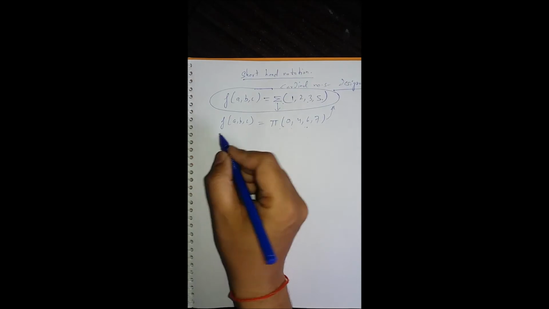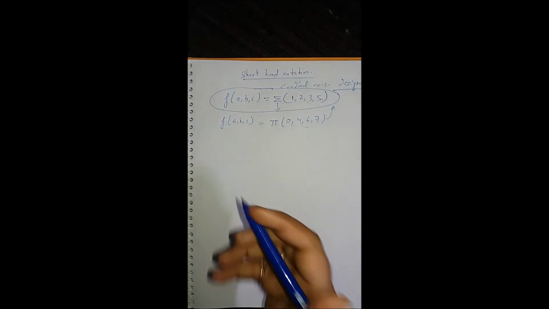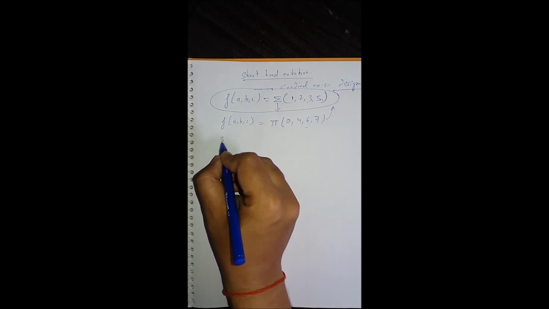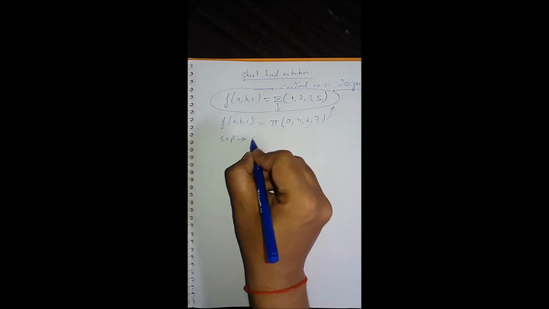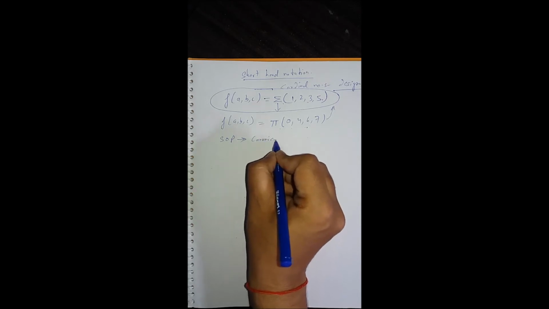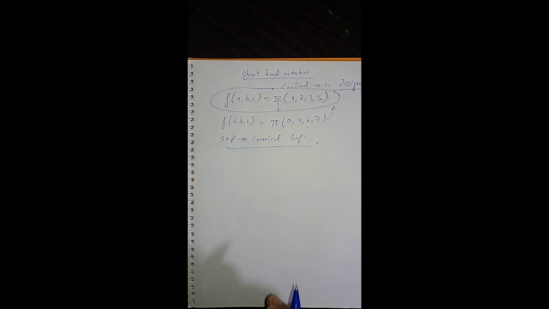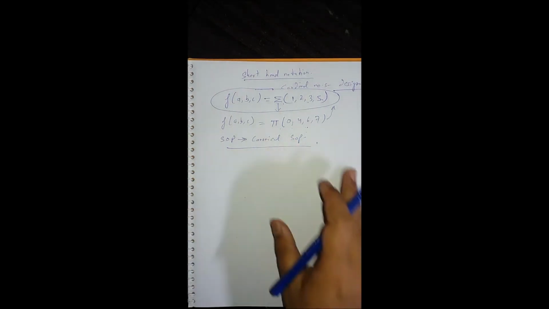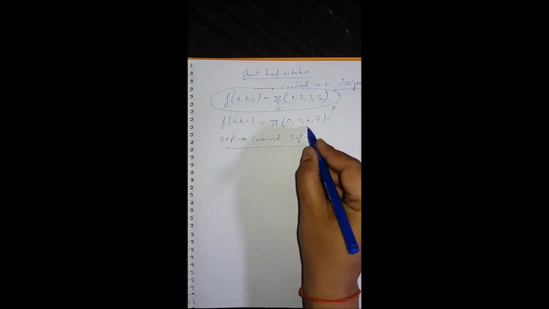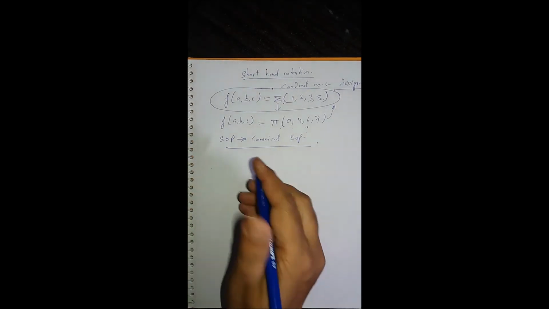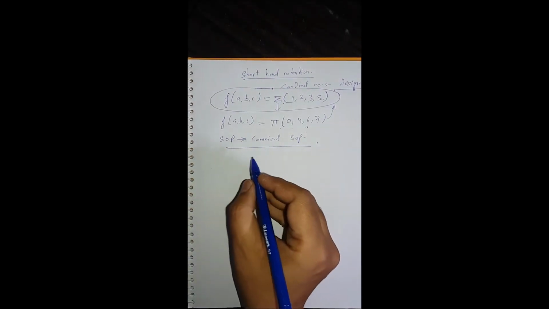Now, one question which comes in the compulsory parts generally, that is to convert a SOP to canonical SOP. These all things are basically leading to Karnaugh map. So before coming on to the Karnaugh map, I want to discuss these small topics with you. So how to convert SOP to canonical SOP?